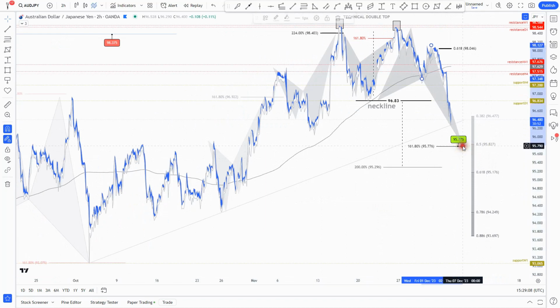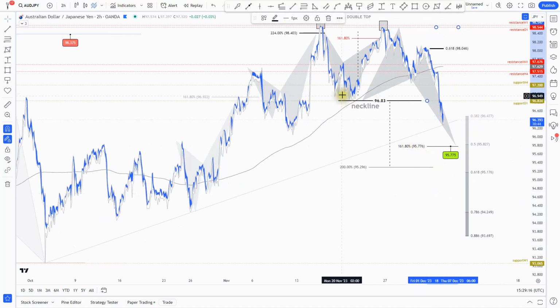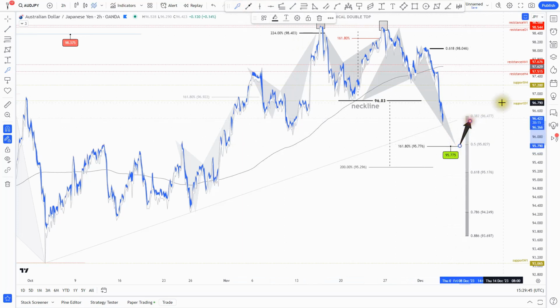I have also another pattern that I want to pay attention to, 95.77. So this is the golden Fibonacci extension of the last swing high. So this last swing printing the most recent daily fractal resistance, and actually the one that prints the technical double top. That being said, I will pay attention to a move towards this golden Fibonacci level 95.77, and I will expect a bounce from this price zone, eventually a retest of